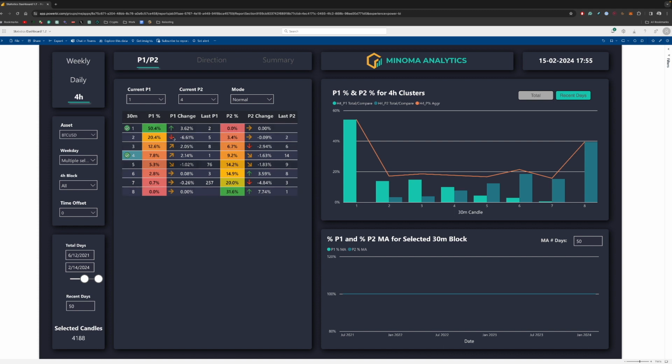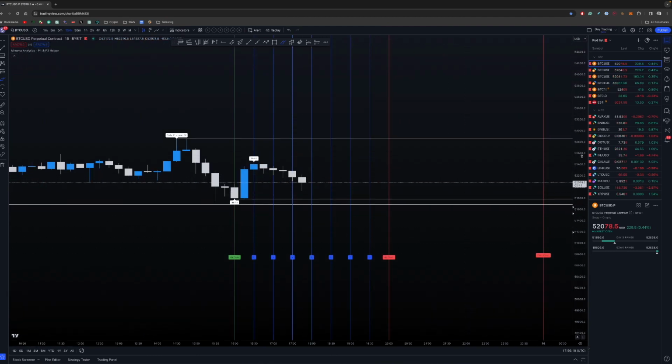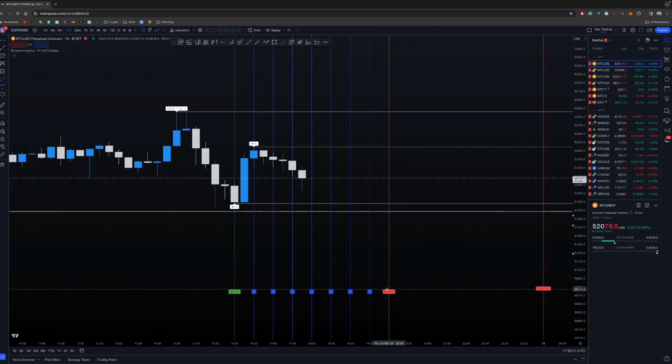So right now I have all of them selected. So this is aggregated data, but we can see how often P1 and P2 is put in per 30-minute block. So we're dividing the 4 hour into 8 30-minute blocks, right? And we can do the same here as we can do with the other data. We can use time adjusted. So we can see time adjusted probabilities of how probable it is that a certain P1 and P2 holds. And to make life easier, we have the indicator that shows here. We have 4 hour open and the 4 hour close.